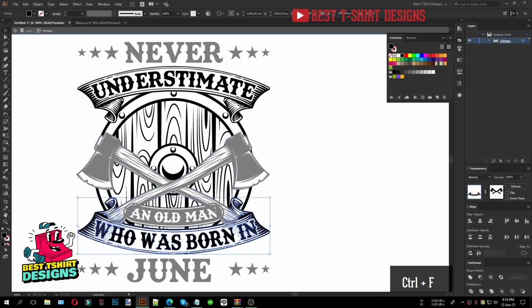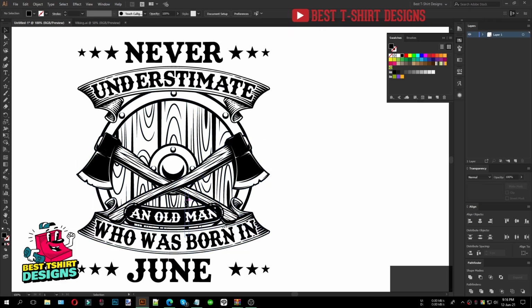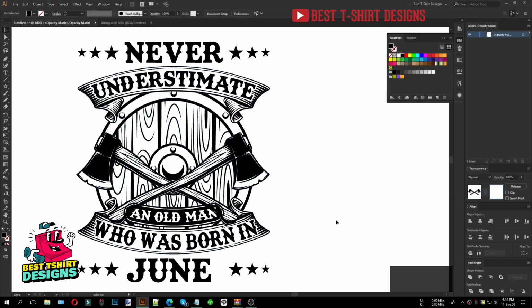But whatever we pasted inside the transparency for that, the Old Man text, I will find that here. Okay, it is not here, don't worry, just click on this part, you will find that inside the transparency. Copy that one and then come out, click on this X, click on the inside the transparency, press Ctrl F. So you can see now my X is behind my Old Man text, but on top of my ribbons and the other stuff like this.